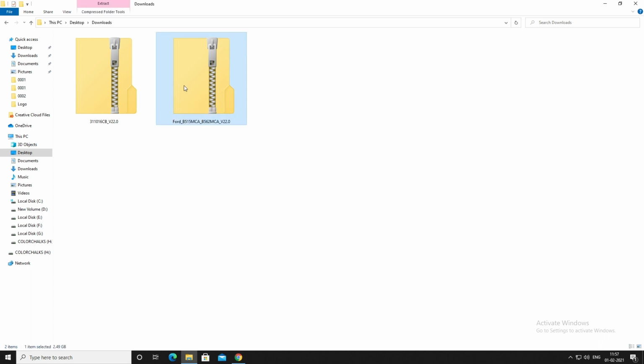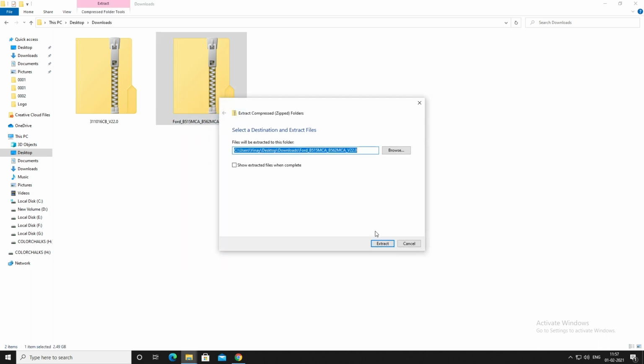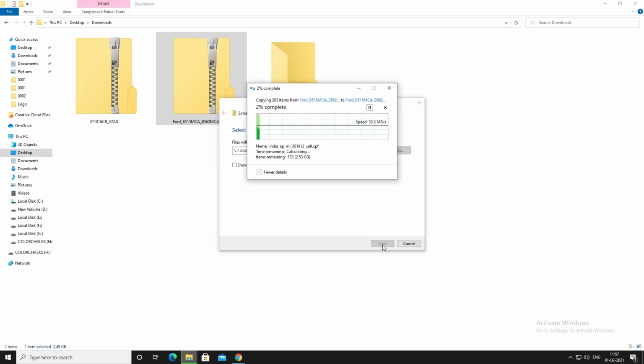We need to extract these two files. It might take a few minutes because it's 2.68 GB. So let's wait.